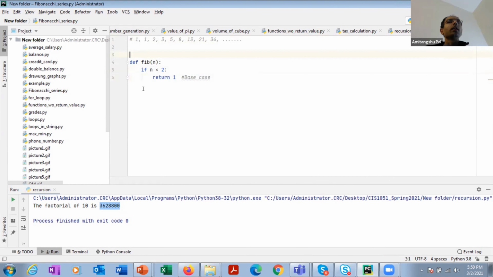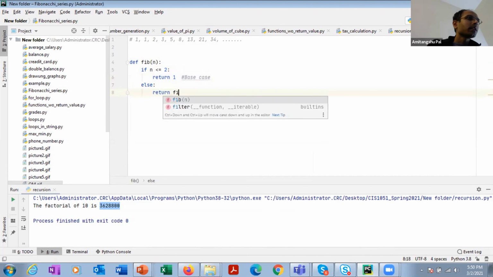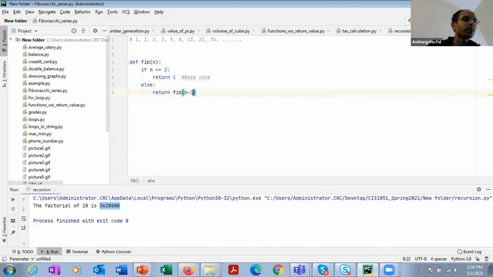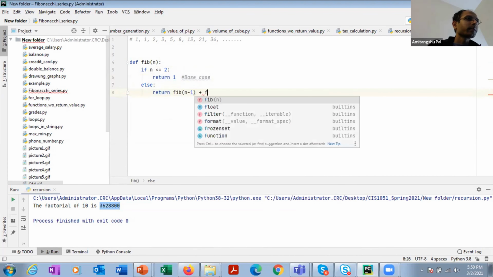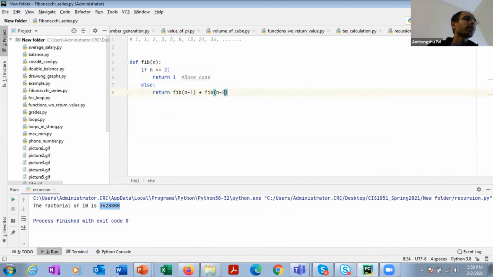So when n is 1 and n is 2, in both cases it is going to return 1. So n less than or equal to 2 is the base case, and the general case is that it is going to return the summation of the previous two numbers. Previous two numbers means fib of n minus 1 plus fib of n minus 2, right?